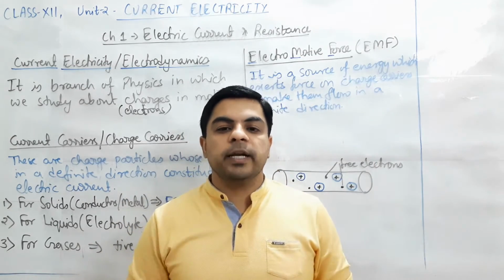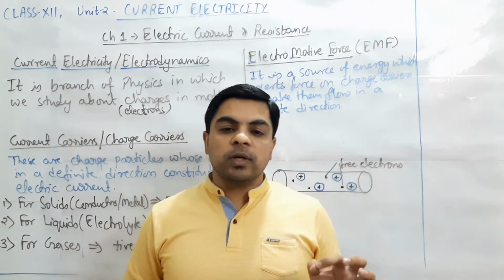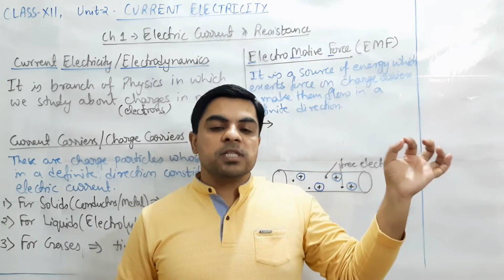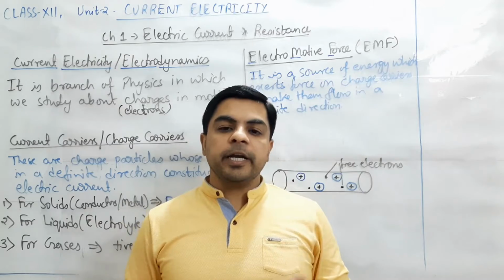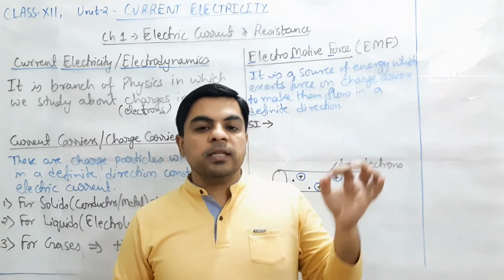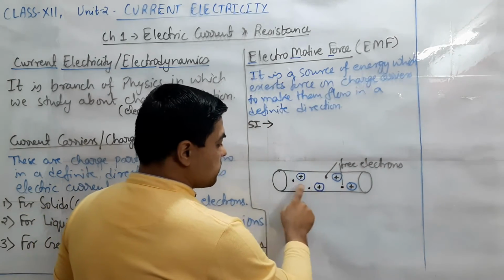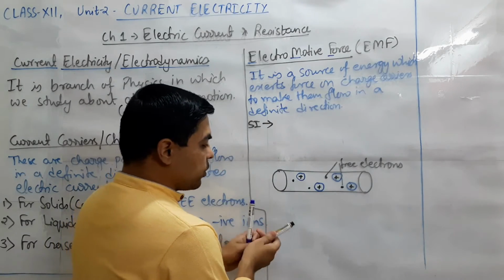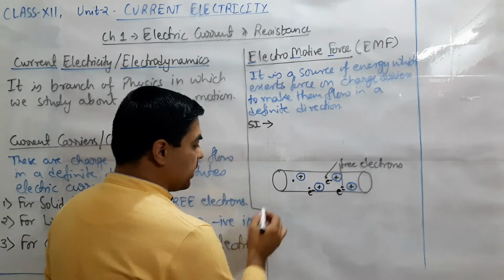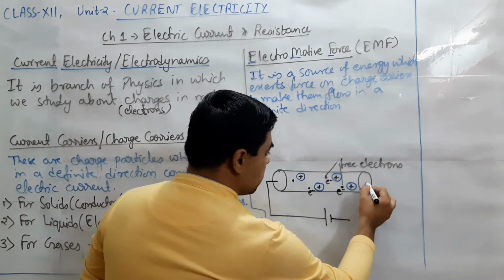Over there in the playlist you will get that, and from there we can easily understand that the electric potential is that factor which performs work in bringing a charged particle from maximum distance infinity to a point, and when we convert it in the form of electric potential difference, the factor will perform work in bringing the charge from one point to another. Here we need to bring these charged particles, free electrons, from one point to another, and for that we should apply some potential difference,